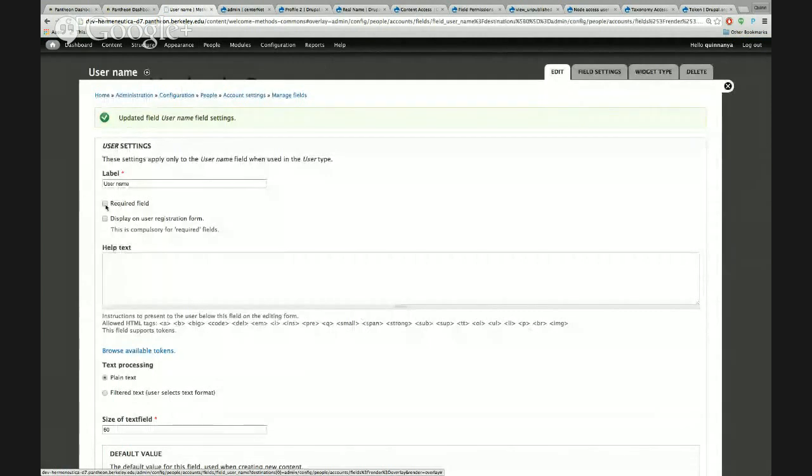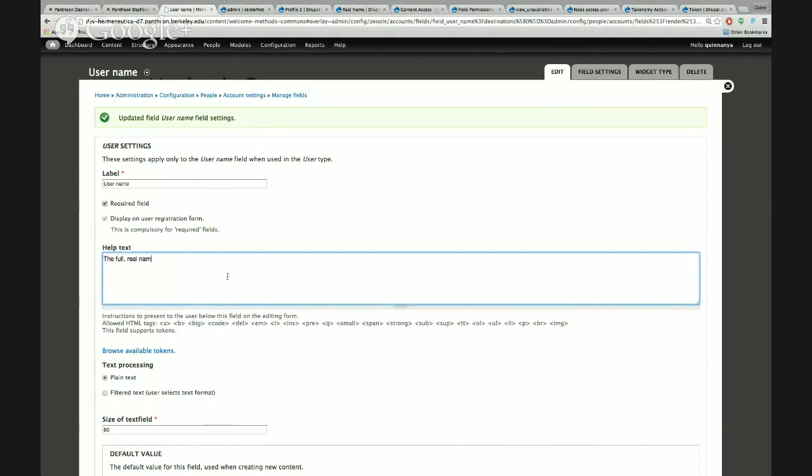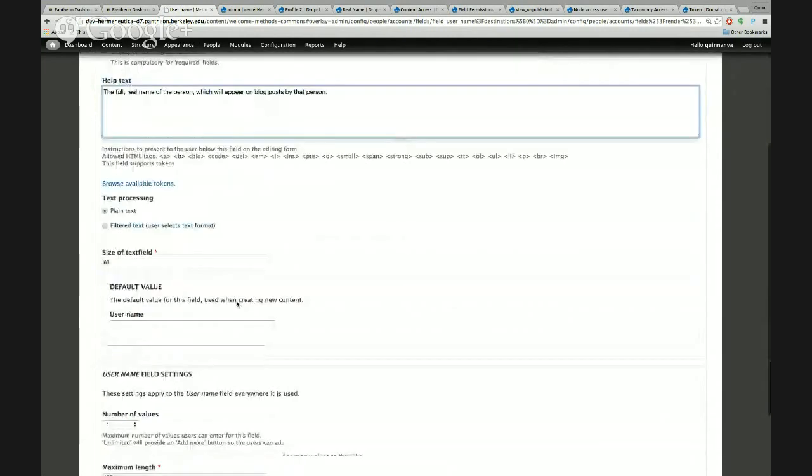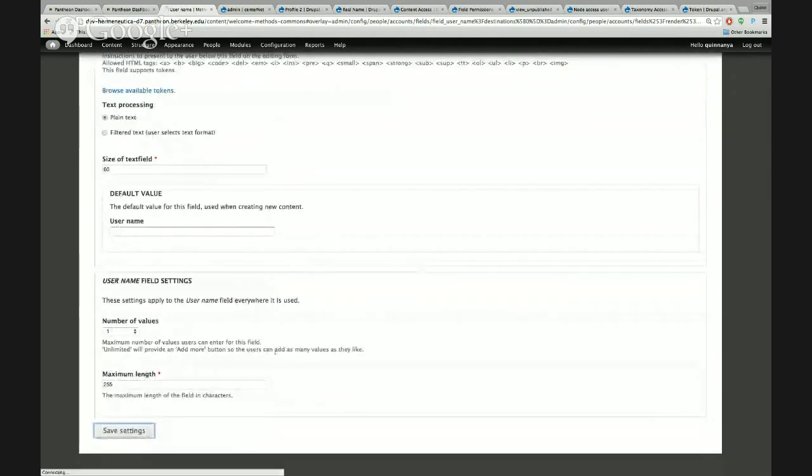And we can say this can be a required field and make it display on the user registration form. So that way when people register for the site, or when you register people for the site, you have to fill this in with the full real name of the person, which will appear on blog post by that person, or something to that effect. And you save this,